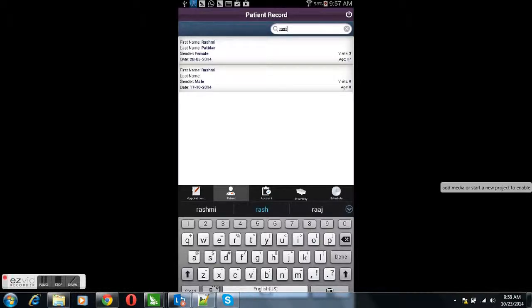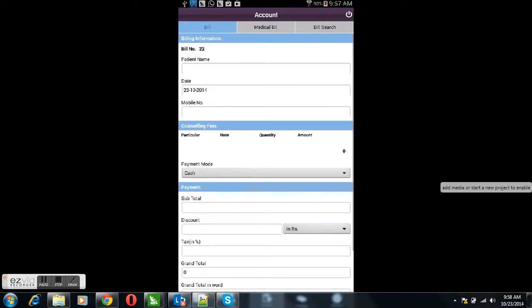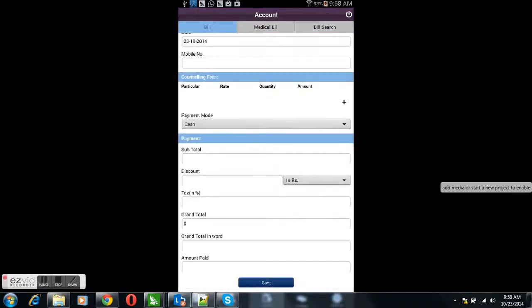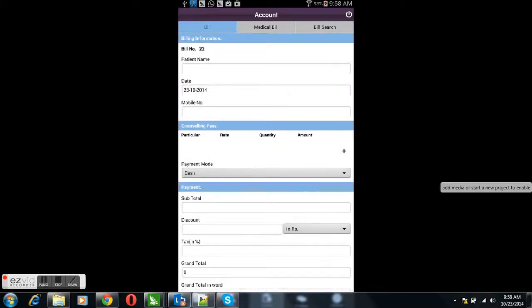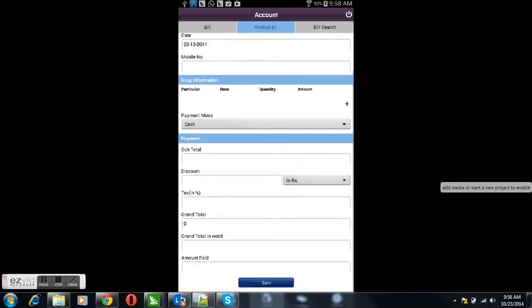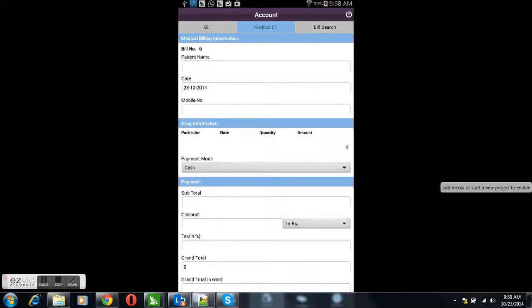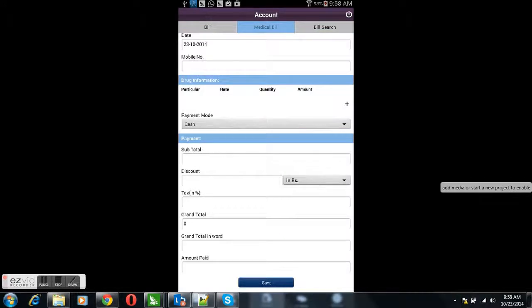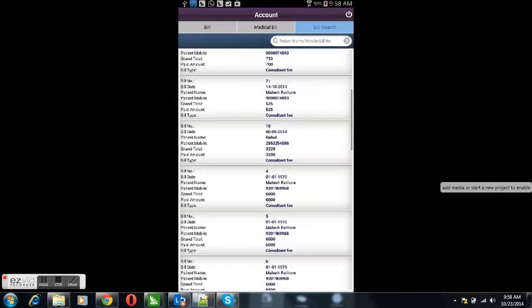Now let's click on the next button, that is accounts. In accounts again the bill can be generated for consultancy or counseling, like you can see here, similar to web. Then medical bills can also be generated for the drugs, and bill search can also be performed. So it is again similar to web bill search.